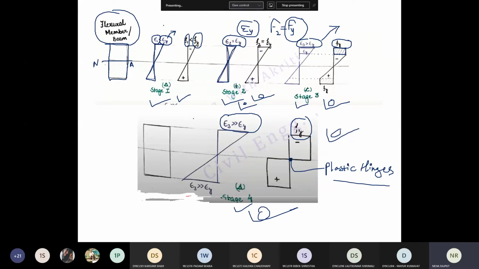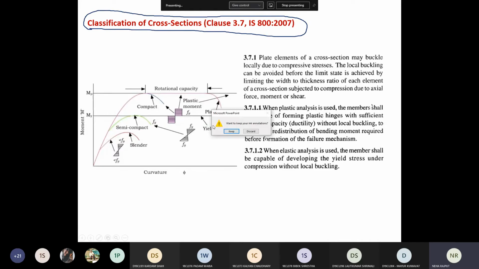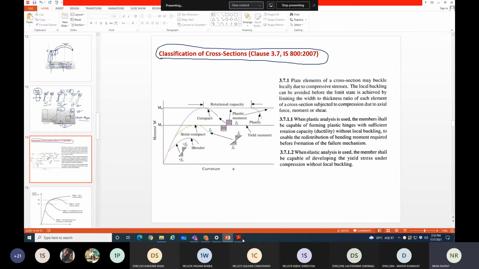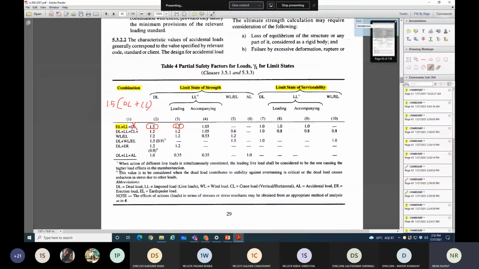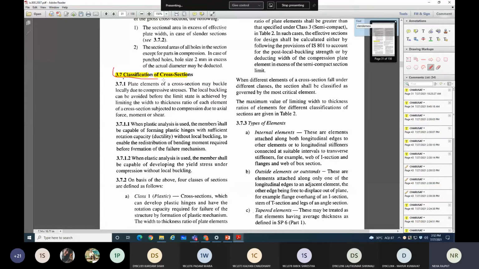So in steel section also we require the classification of cross section as per clause number 3.7. I am just showing you clause number 3.7 first, and then after we will discuss the cases one by one. So this is clause number 3.7, classification of cross section.